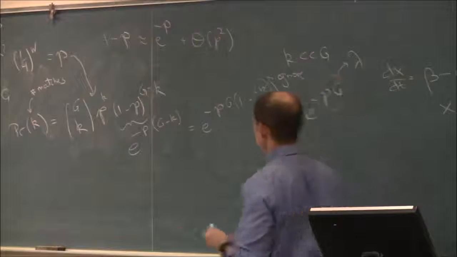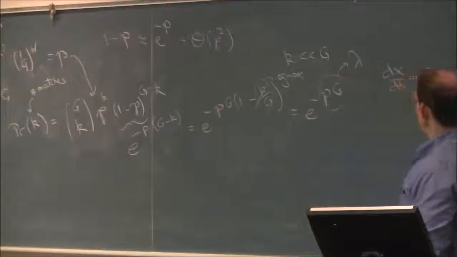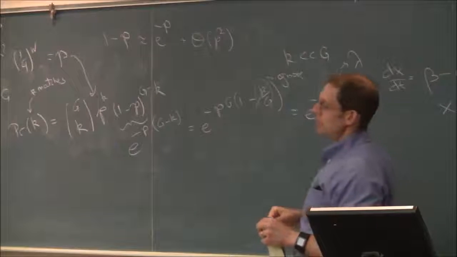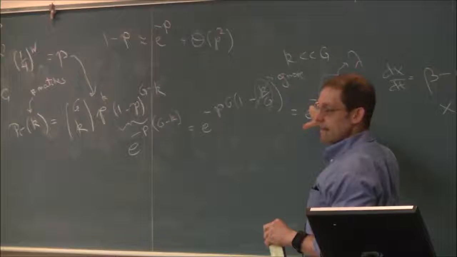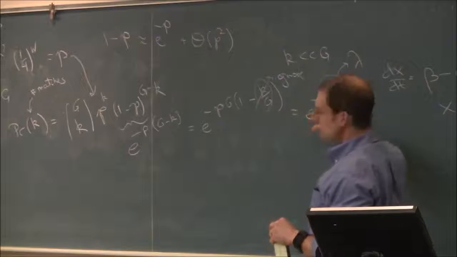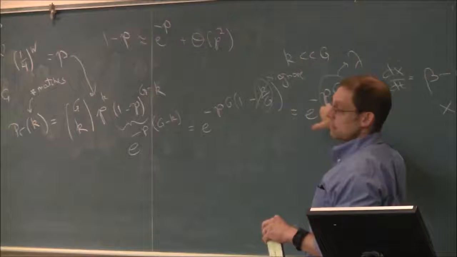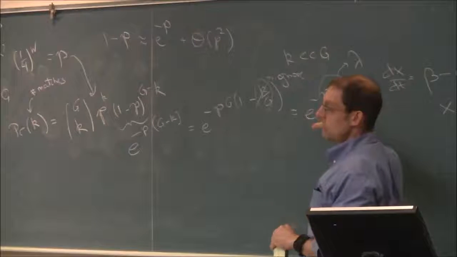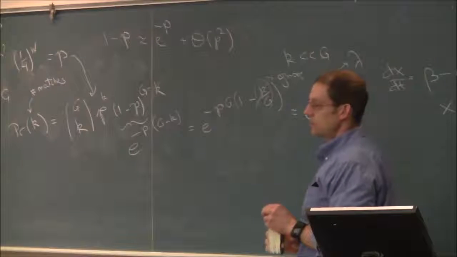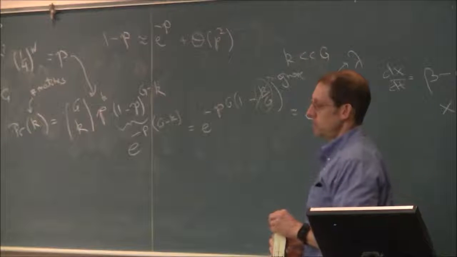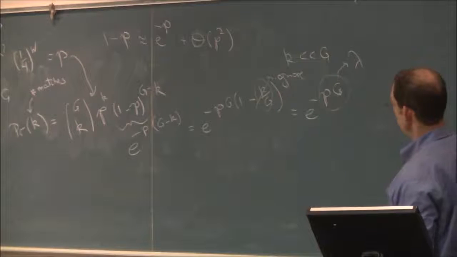All right. So what p times G conceptually represents is, p is the probability of getting a hit per position, and G is the total number of positions. So p times G ends up being the average number of hits that we expect. So already you get the idea that we want p times G to be small, but we're going to call it lambda. We could have called it n bar or something like that, but everyone else calls it lambda, so we'll do that too.